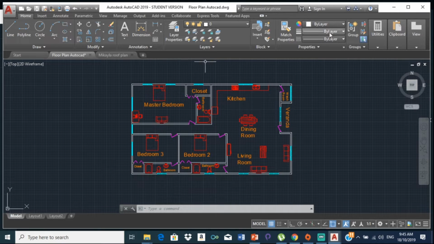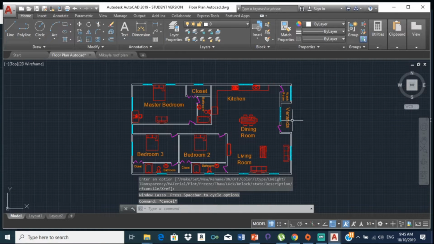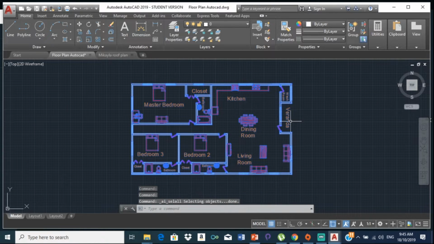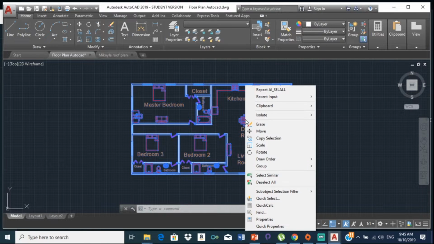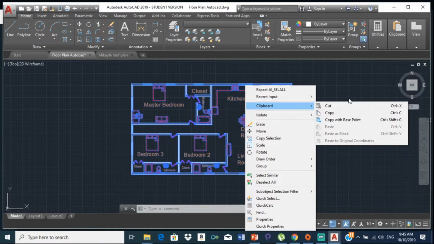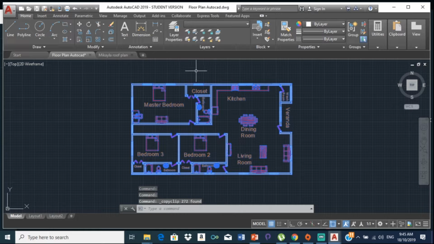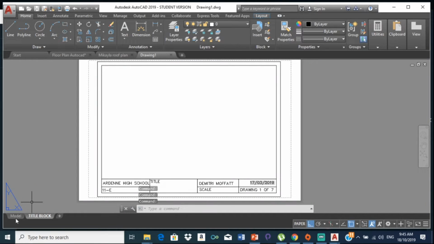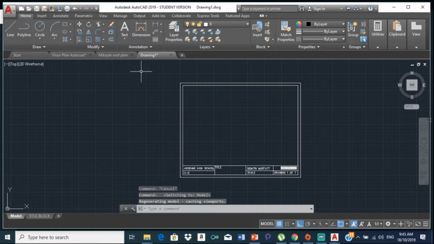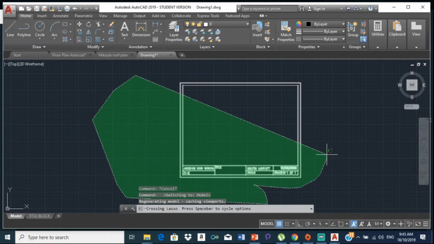Alright, so now I'm going to highlight everything here. I can do that, or to highlight it I can just press Ctrl A and it highlights everything. Alright, so now I am going to right click, clipboard, copy. Then I open a new drawing. Alright, and then once I open a new drawing now,